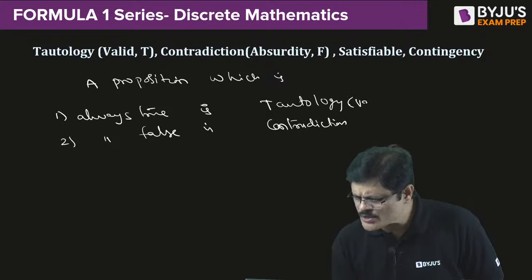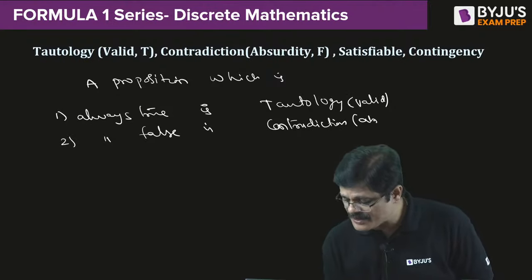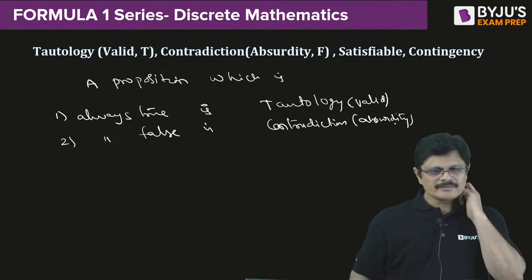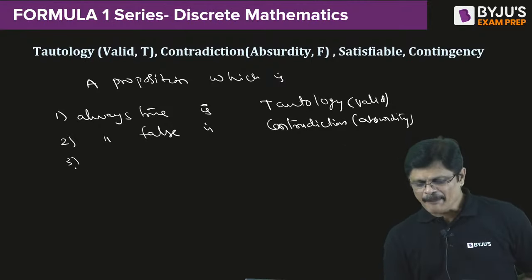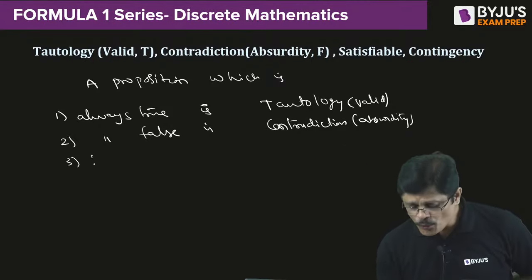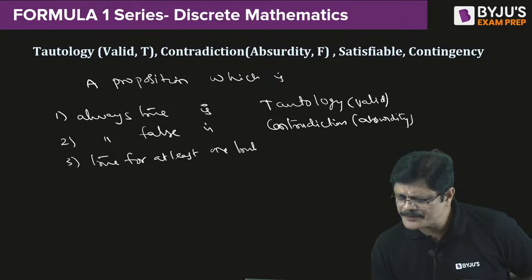Sometimes tautology is also called valid, and sometimes contradiction is also called absurdity, my dear friends. And a proposition which is true for at least one truth combination